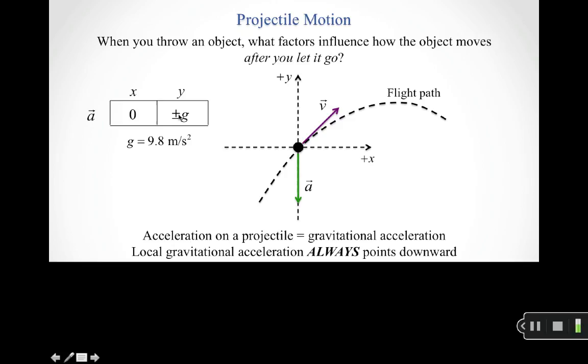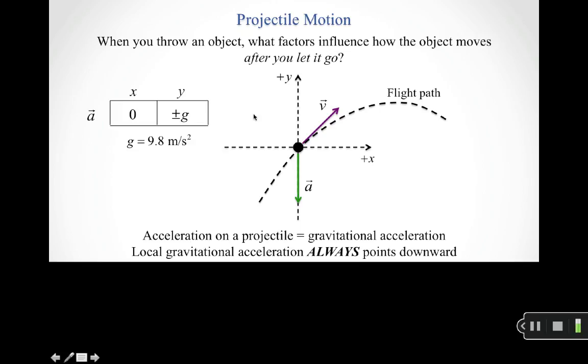And again, notice I've got a plus or minus out here. So a couple things to emphasize. One is that g is a positively valued number. We're going to use g to mean the magnitude of the gravitational acceleration. So I know g is going to be positive. The sign here